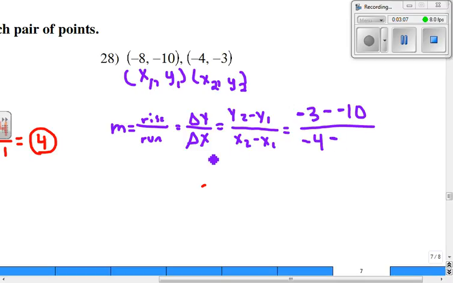That's how you find a difference. The other x, which is negative 8. Now let's keep in mind that minus a negative makes a plus. So we have negative 3 plus 10. That gives me negative 7. And we have negative 4